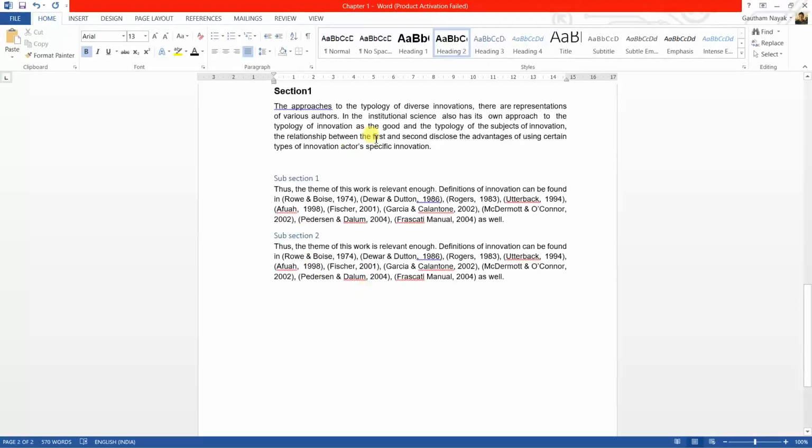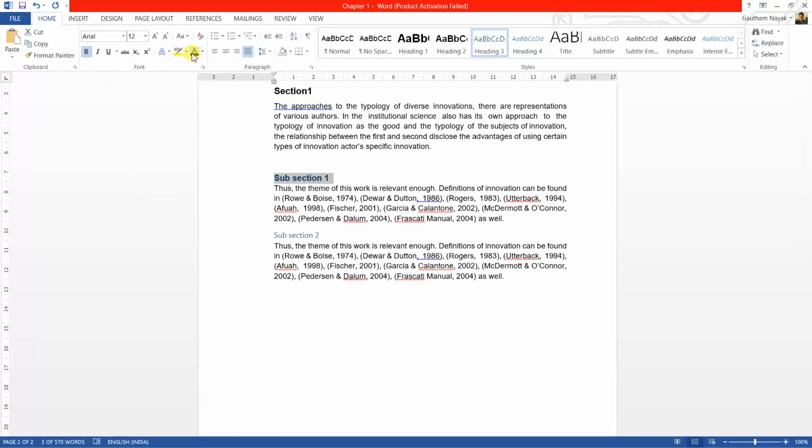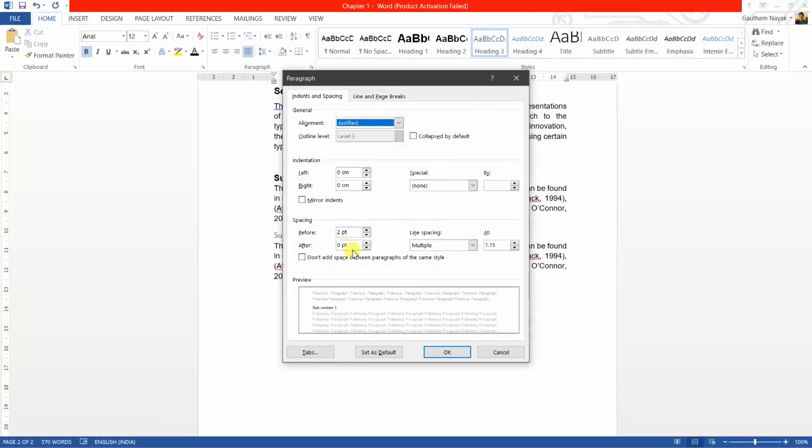Okay, now let's do the similar formatting to subsections as well, which will be our heading 3. I'll format this, I'll bold it, set the font to Arial, color to black, and font size let it be 12. And we'll add paragraph spacing of 5 points.